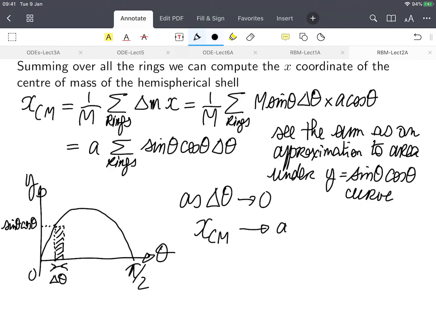So this is an approximation of the area underneath. What's missing is that little triangle, right? If I want to compute the area underneath, I should go all the way there. But if I reduce delta theta, that triangle is going to be smaller and smaller. And so that area is going to tend to